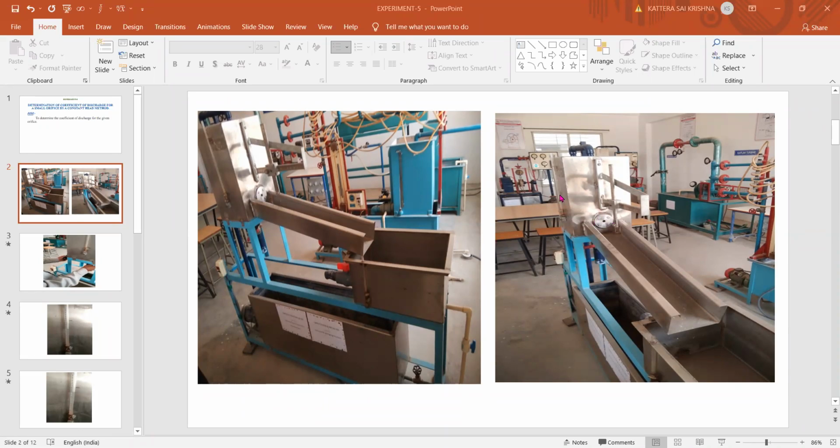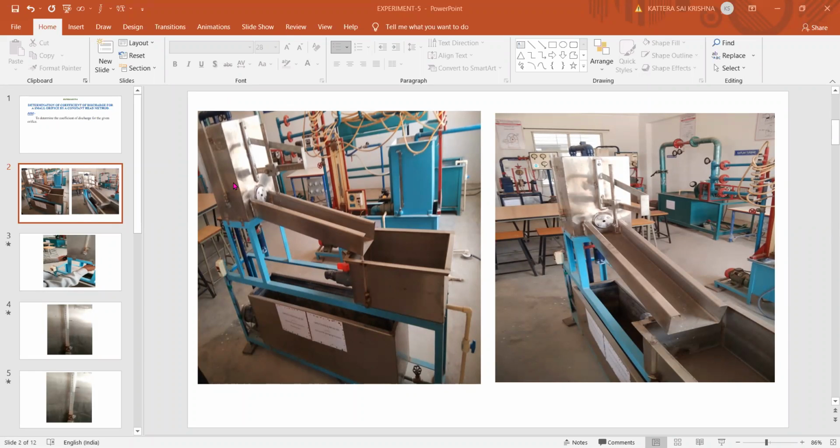After that, the first thing we'll see is that the water is maintained constant here, even though water comes out from the orifice. Then the water coming out from the orifice will be collected in our collecting tank. In the collecting tank, again a setup will be there for finding how much water is filling here. The time taken for filling the collecting tank to 10 centimeters height will be measured, again for calculating the discharge value. Q equals AH by T will be used for calculating the discharge value here.